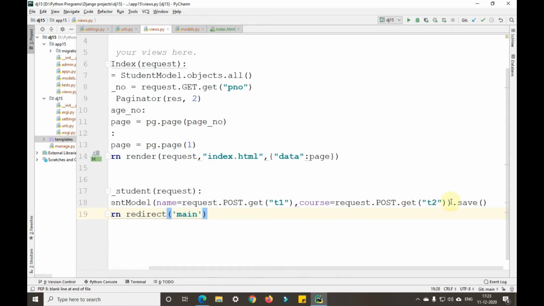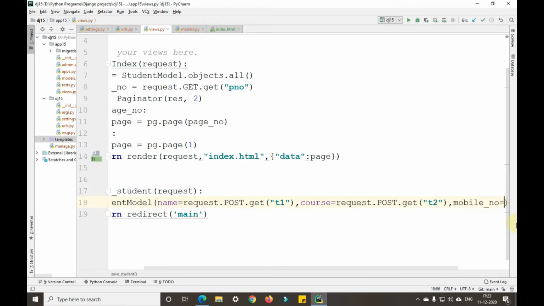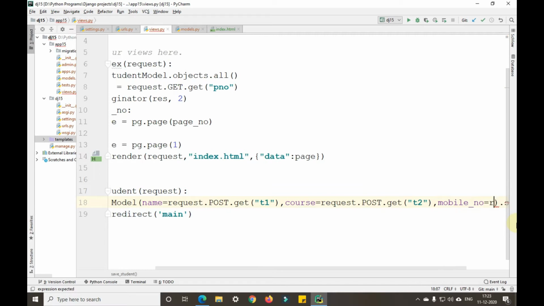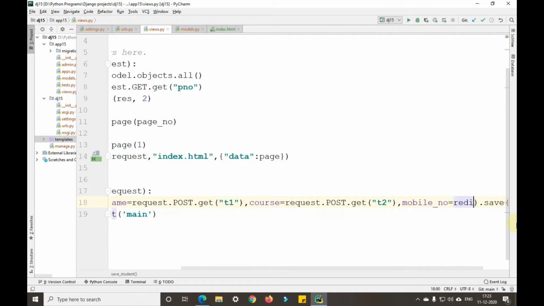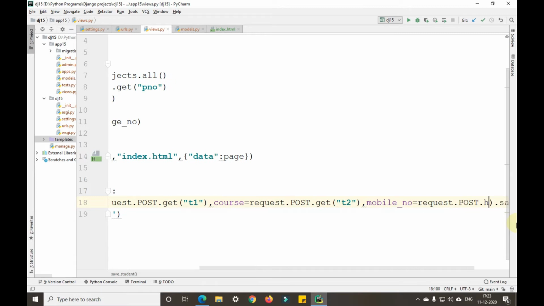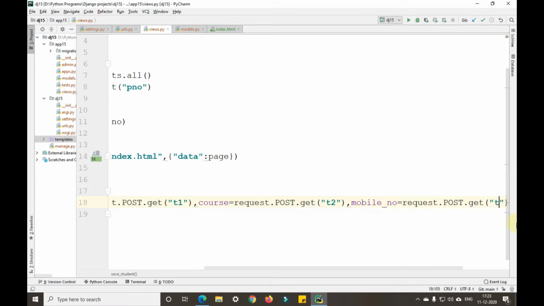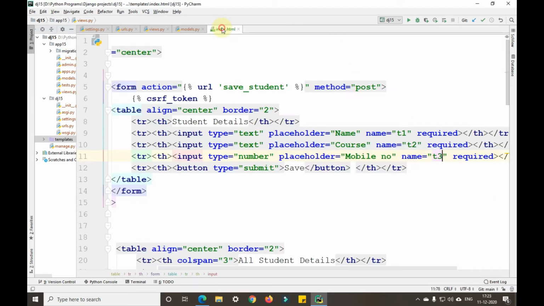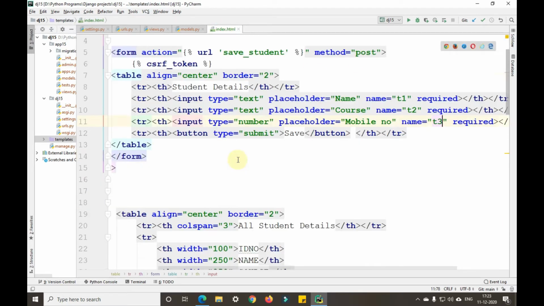So here I'll be saving another field called mobile_number = request.POST.get('T3'). So we need to change the name of this. Yeah, we have changed it here.